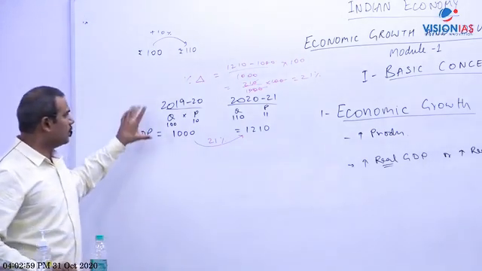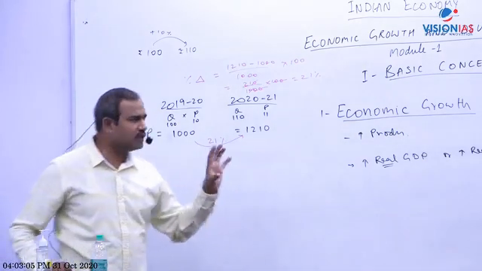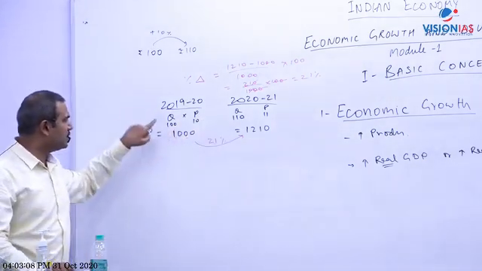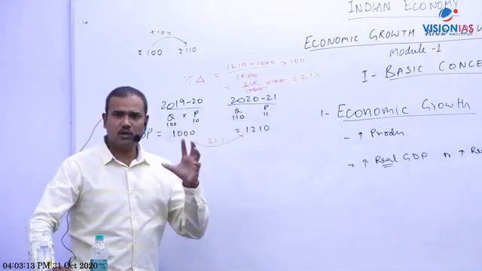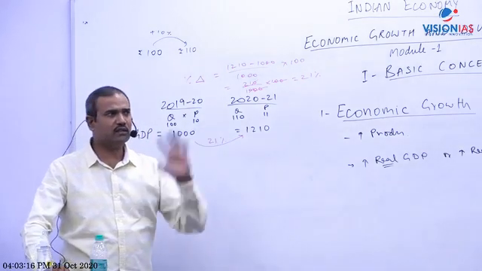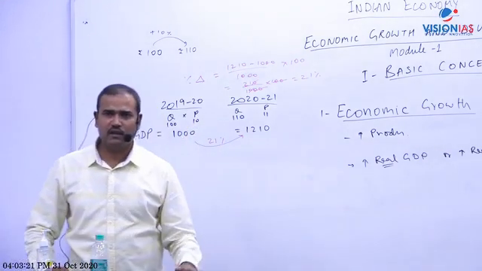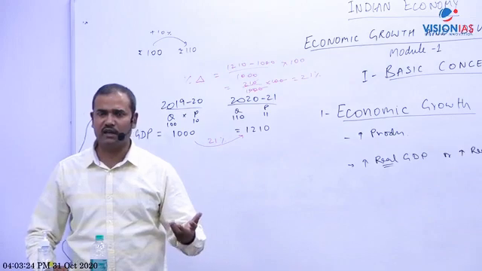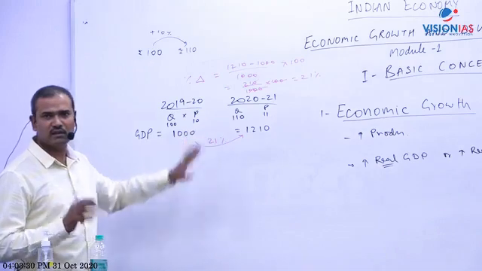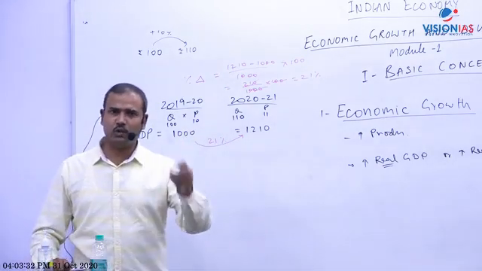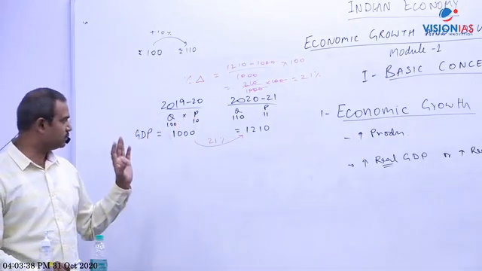Okay, so now one question for you. On the basis of pure common sense, what is actual growth here? This year 100 goods produced, price 10. Here 110 goods produced, price 11. So what is real growth? Please give me the answer in number. Can we say 21%, or any other? If you think 21%, write down 21. Otherwise, write any other number.